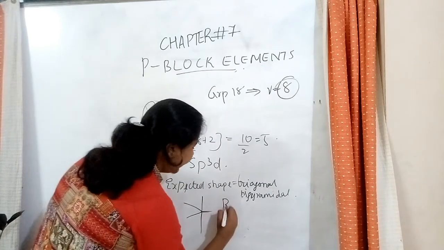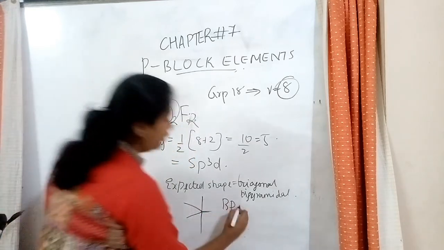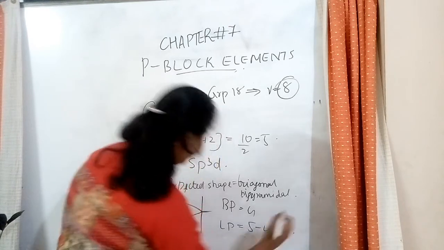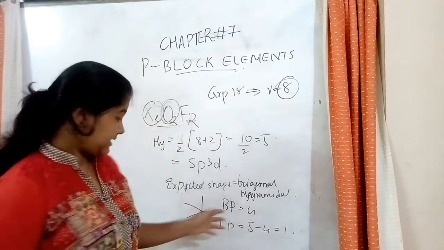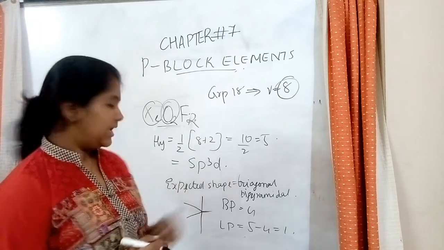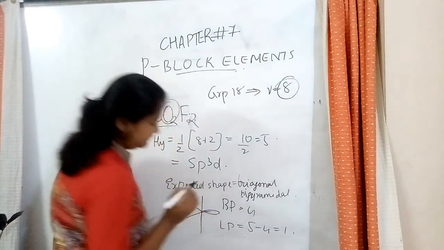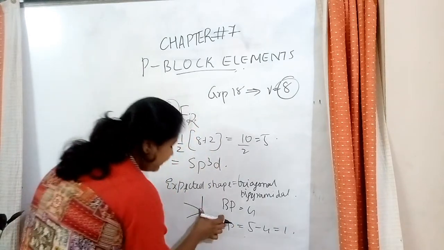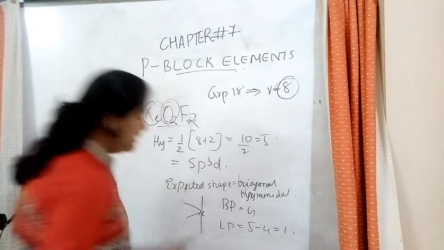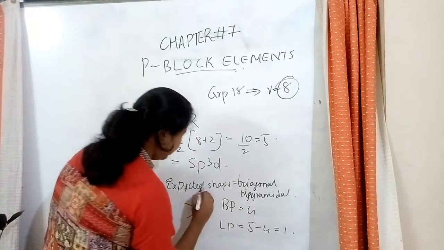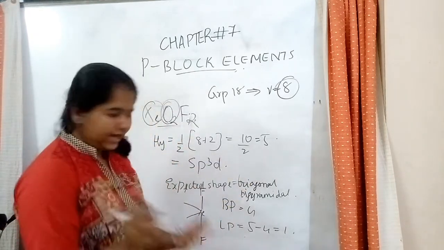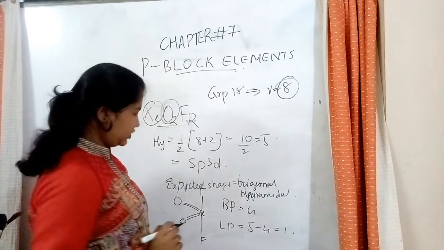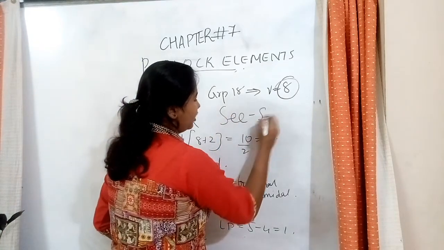So, bond pair. How many bond pairs? 2 plus 2, 4 bond pairs. And lone pair, how many? That is 5 minus 4, that is 1. So, where would you keep that? That lone pair, where would that be? That will be represented over here. Okay? And hence, this would get removed. So, here we have our Xe. Am I right? Let's mark the fluorine. This is the fluorine. There are 2 fluorines, and then oxygen is represented with a double bond. What is this structure? This is seesaw structure.